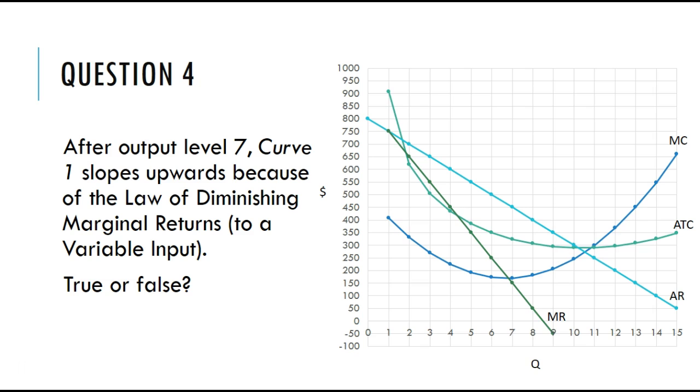Easy. Next. Question 4. After output level 7, curve 1 slopes upwards because of the law of diminishing marginal returns to a variable input. True or false? That is true. Remember that the law of diminishing marginal returns, which applies in the short run to a firm,